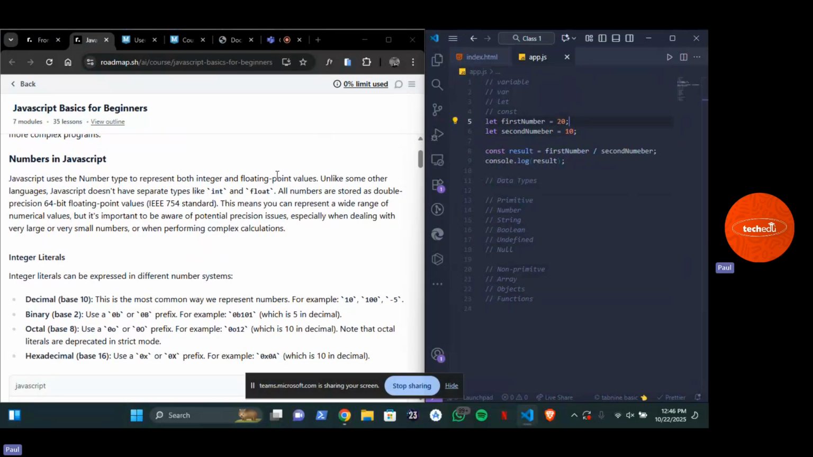Float, right? So you have float. Anything that has a point or a dot is a float. That is not a whole number. So 10.2 is a float. But in JavaScript, the beauty of JavaScript is that you don't necessarily have to specify the data